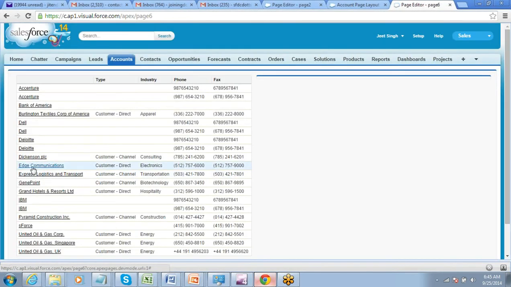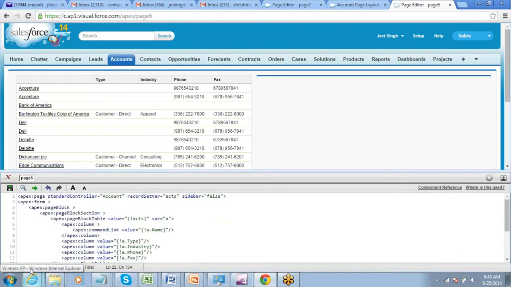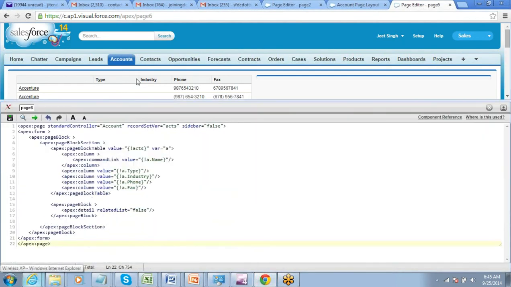Now on click of the link, I want to pass on some parameter. So I have to define some parameter as well. There is a component in Visualforce which is called param.